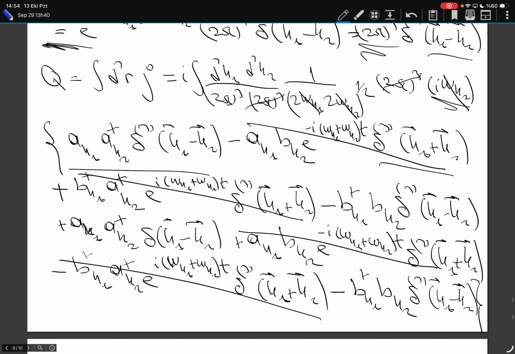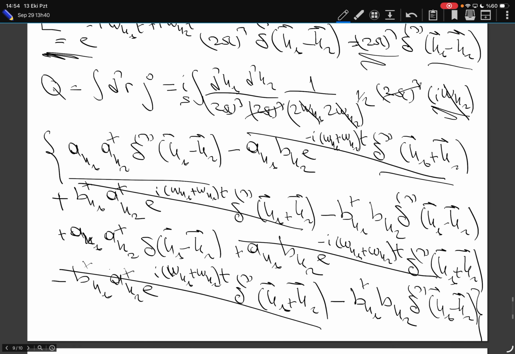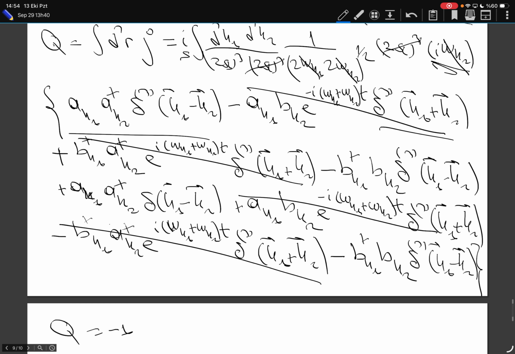And then I have a minus over here, another minus over here. Let's say that this is a minus 1. And I have d cubed k1 divided by (2 pi) cubed. And what is left is these factors, 1 over 2. And I have this term,